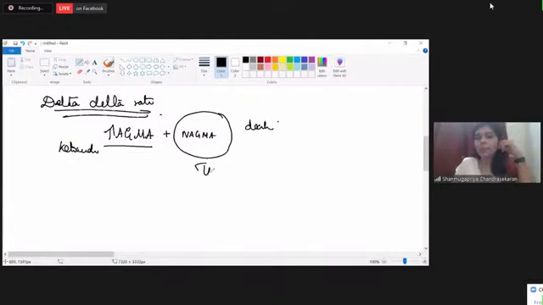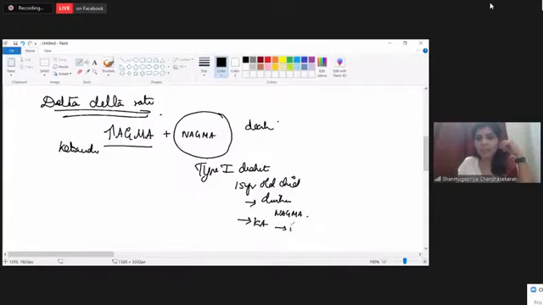suppose a type 1 diabetic, say a 15-year-old child, presents with diarrhea, an acute infection, right? The diarrhea causes normal anion gap metabolic acidosis. But because of the acute infection, there is precipitation of ketoacidosis. That causes increased anion gap metabolic acidosis. Do you understand this? So increased anion gap metabolic acidosis always masks a coexisting normal anion gap metabolic acidosis, or